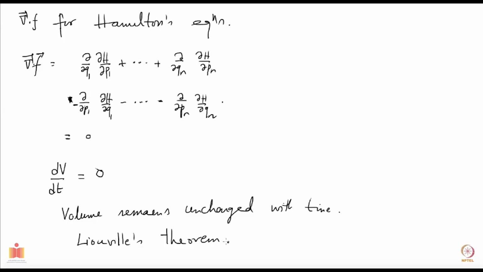I can make a quick remark. I hope this is clear, that this is the total time derivative of volume. Okay, and you should contrast it with the partial time derivative. This statement where the partial time derivative is 0 is different from the total time derivative. When you're talking about a total time derivative, in addition to time changing, the coordinates are also changing, right? Because d/dt is the partial derivative with time plus derivatives with respect to all the other coordinates. So you are really moving together with all those points as they move, and you are then asking about the volume, whether it changes or not.